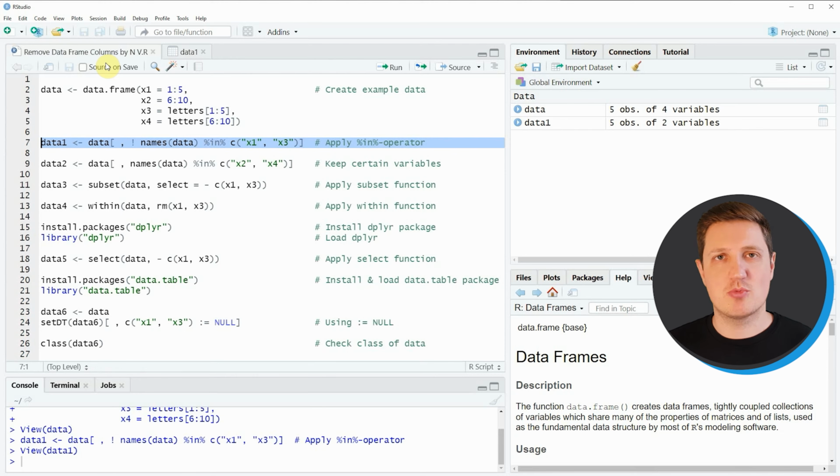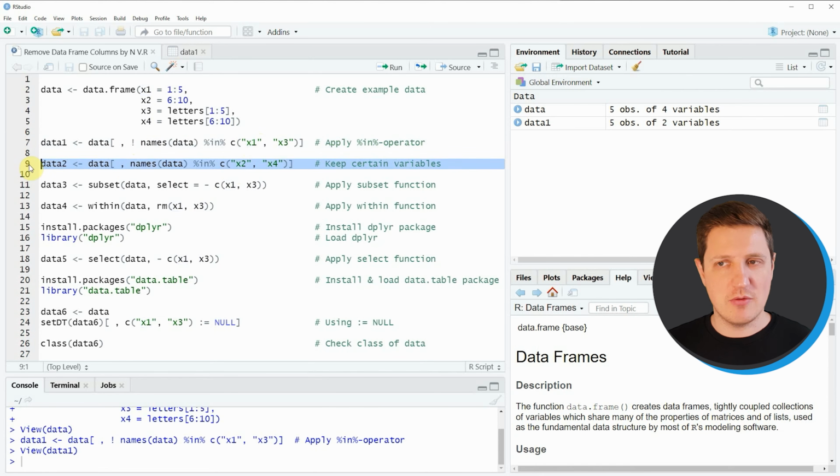However, the R programming language provides many different alternatives on how to remove columns from a data frame, and for that reason I want to show you several other ways on how to do this in the following examples. In the second example I'm again using the names function as in example 1. However, this time I'm specifying the variables that I want to keep instead of the variables that I want to remove. The only difference compared to the previous example in line 7 is that this time we are not using this bang in front of the names function, and we are specifying the variable names that we want to keep instead of the variable names that we want to exclude.